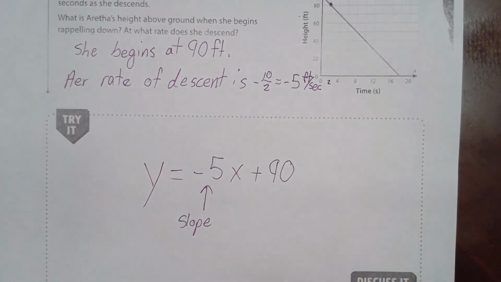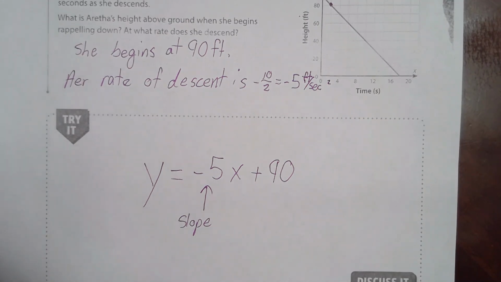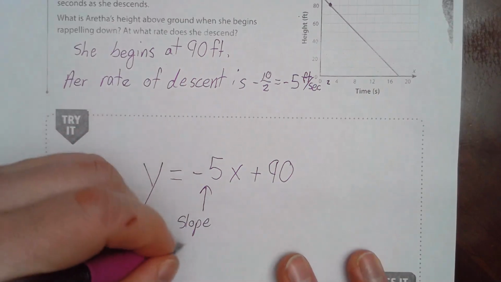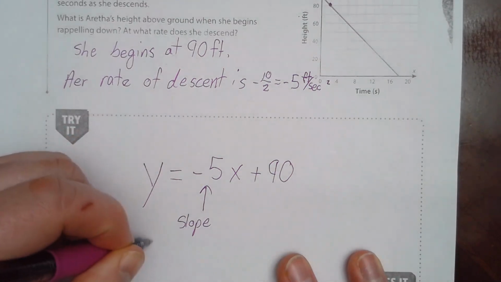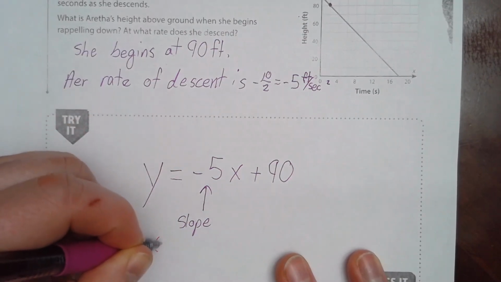For today's lesson, let me grab a different color here. We'll just go with this nice pink here. For today's lesson, we're going to start calling this number the